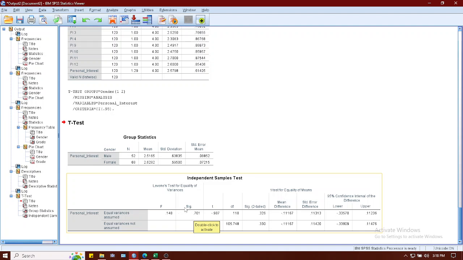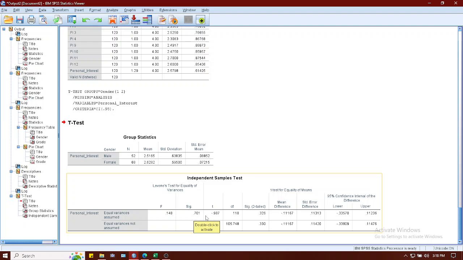In this case, the sig value of the Levene's test is 0.701, and this is the test for equality of variances. For the final output, if there is a significant difference, it is in the sig two-tailed. In this case, both the first and second row are not significant.